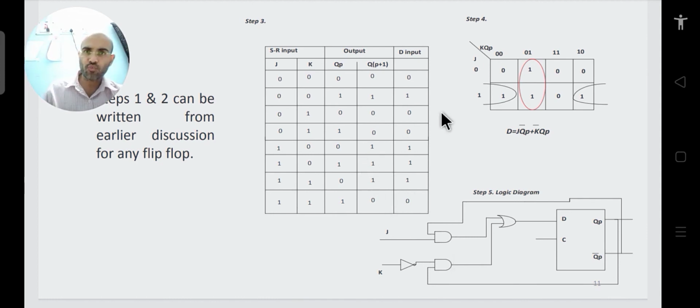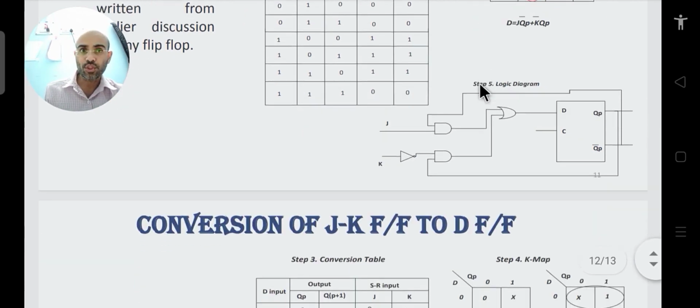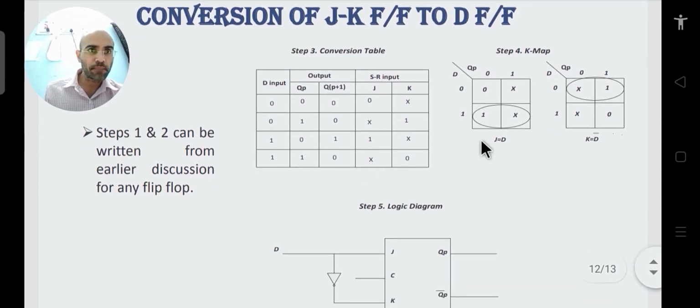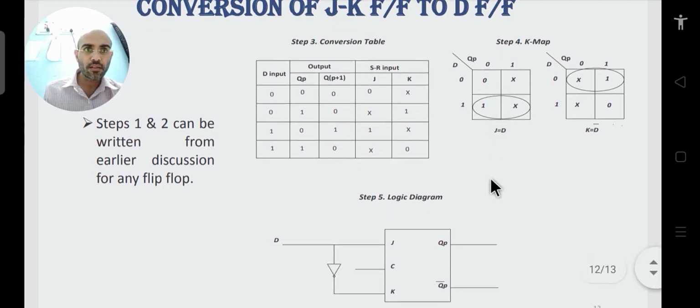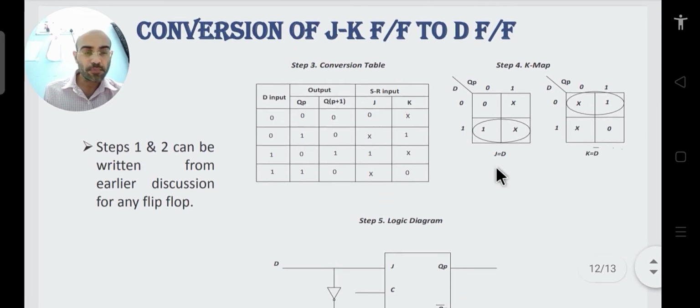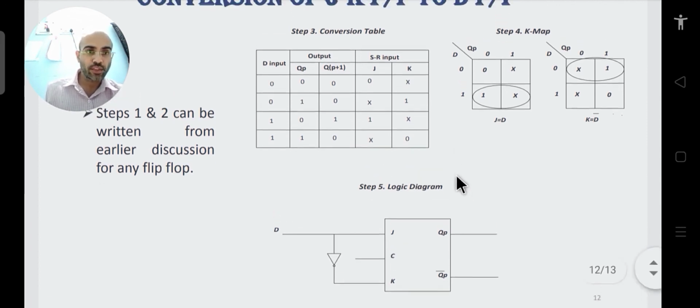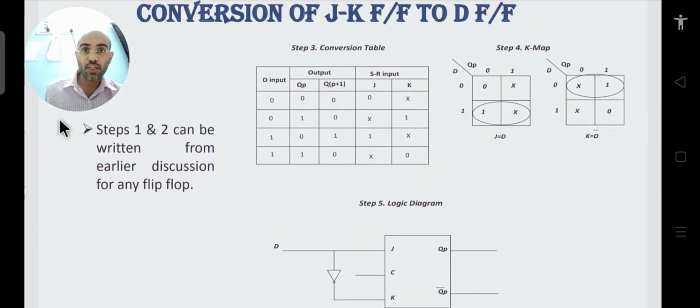Write the characteristic table and excitation table for the given flip-flop, the characteristic table for the desired flip-flop, and write the K-map. This K-map will give you the logical expression. Realize it with the help of the given flip-flop and the gates. No need to explain this again and again, the procedure is the same. I have just shown you how to do it with various flip-flops. Once you are familiar with the procedure, things are not difficult. It is very easy, and this is the beauty of digital electronics, that things become very easy for you.